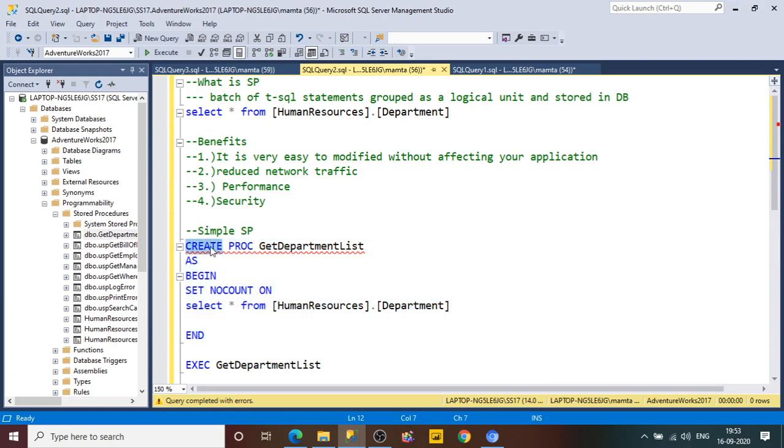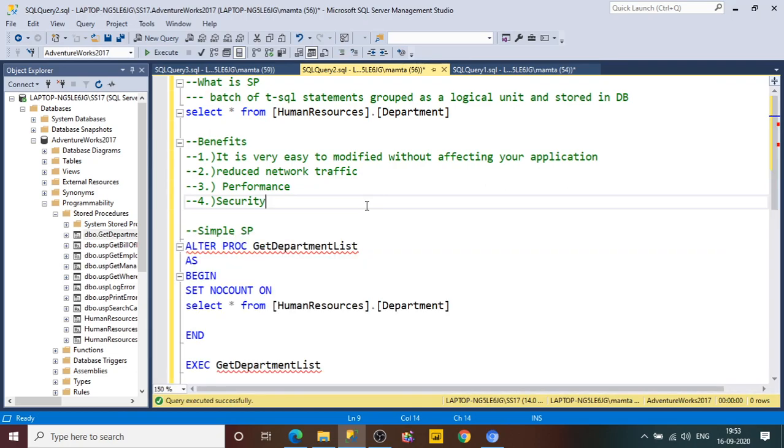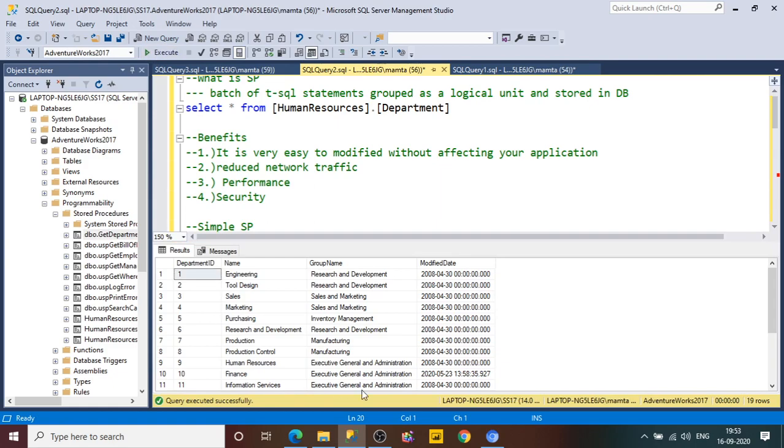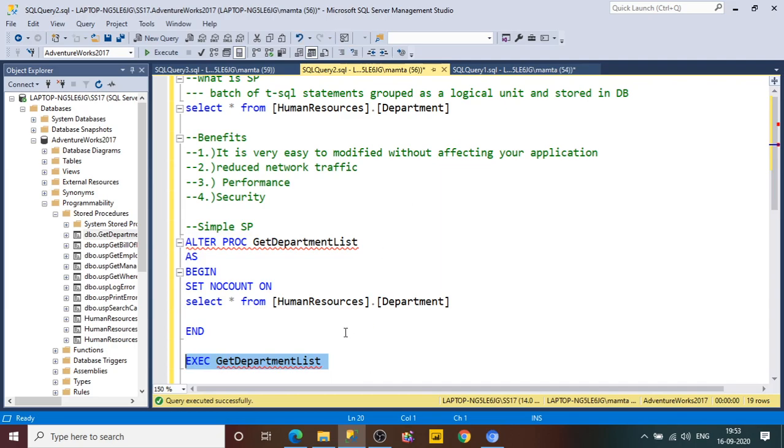So what we need to do is, instead of CREATE, we just type ALTER here, because the stored procedure has already been created and we are just modifying it by adding this line of code. So just save it, select it and now execute it. See, completed successfully. Now try to execute it again to see the result. See, 19 rows returned, and go to the messages, command completed successfully. This time I am not getting 19 rows affected. So this way you can remove this count from your result set.